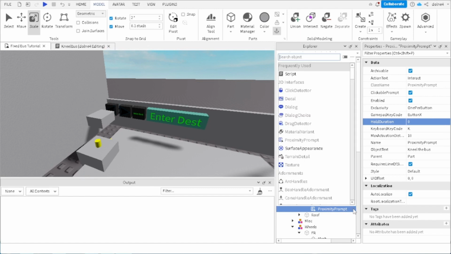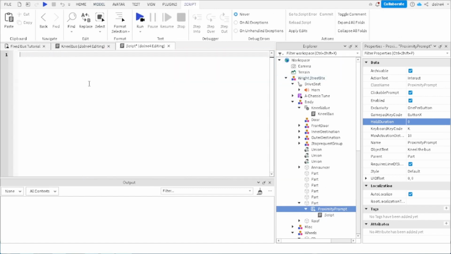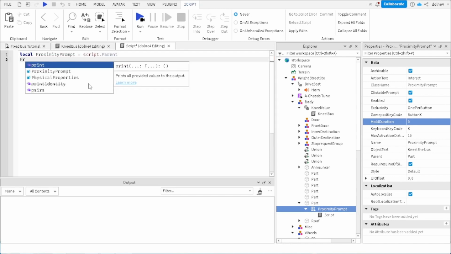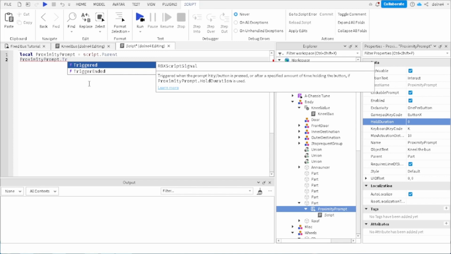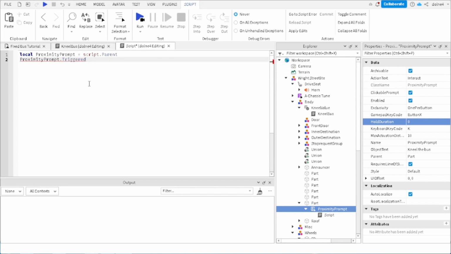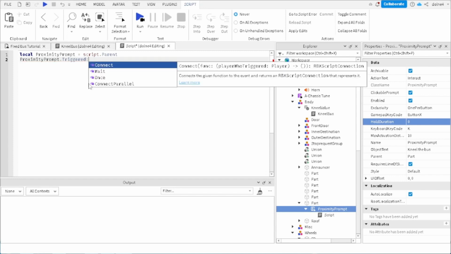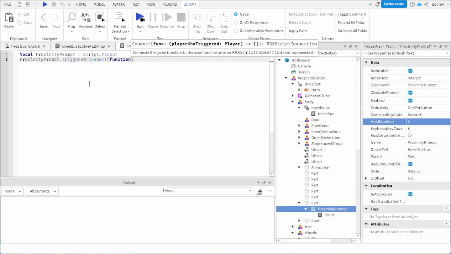And now let's just put the script in for this. So we do local proximity prompt equals script.parent, and then we do proximity prompt, and the event that I'm gonna be using is triggered, because I just wanted it to fire right away, and since we have the whole duration to 0, it doesn't really matter if I did triggerEnded, but it'll only do that when I let go of the key. So I'll do Triggered:Connect function,